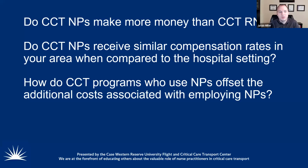in that setting, we're not saying, well, that was below an NP. You didn't need to see an NP for that. You could have taken care of that at home. So therefore, we can't bill anything for that. Now the insurance might fight it. That's a completely different story. I'm not talking about who actually gets paid for it, but I'm saying there should be a reimbursement structure such that